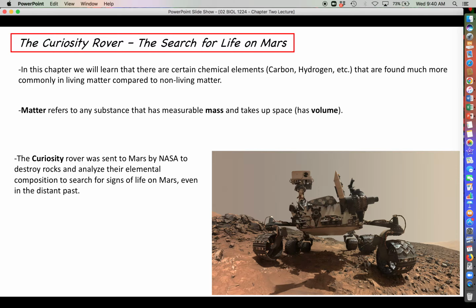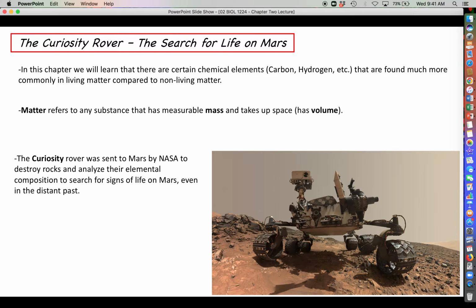So a little bit more on the Curiosity rover. You can see a picture of it here. It was launched from Earth and sent to Mars. You can imagine it probably took quite a while for it to arrive at Mars. But once it landed, its mission was to drive around and use a strong laser beam to vaporize rocks and soils and then sample that vaporized material to analyze the elemental composition so that we can start looking for evidence